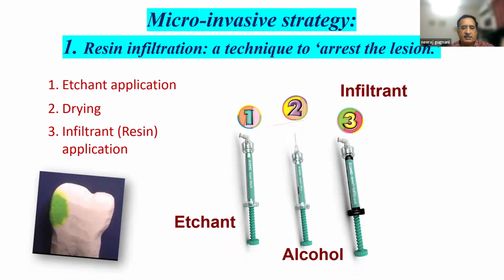So it has 3 syringes within the system, within the kit. First is the Icon H, which is nothing but the 15% hydrochloric acid, then the alcohol as a drying agent, and then the infiltrant, which is nothing but a very high flowing resin. So as you can see in the diagram, it works on the principles of capillary action. We will try to accentuate those pores, and within those pores, the low viscosity or the high flow infiltrant will